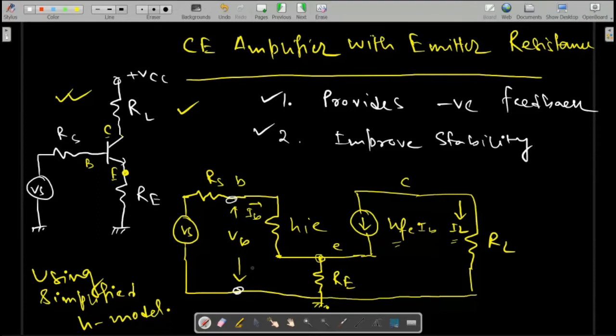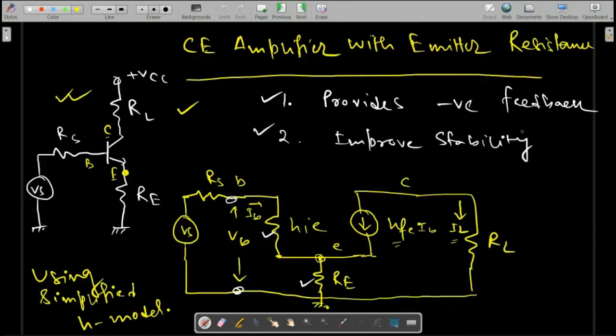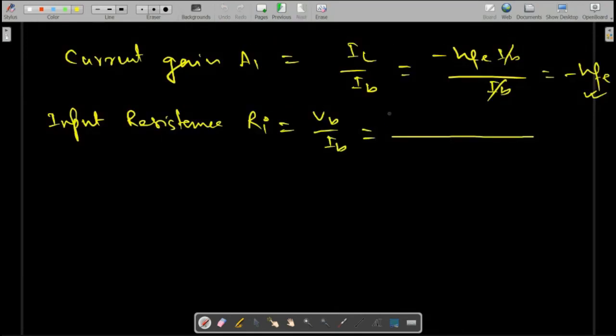What is the value of VB in terms of current and resistance? Can I say that VB is the voltage drop across this resistance and this resistance? Yes. Then what will be the value? If I write VB, the voltage drop across HIE is HIE into IB, plus